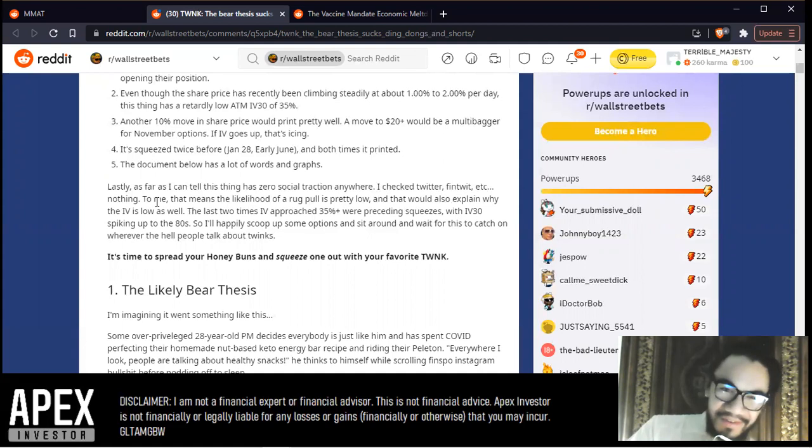Lastly, as far as I can tell, this thing has zero social traction anywhere. And now it's going to be changed because of WallStreetBets. I checked Twitter, FinViz, and StockTwits, etc. Nothing. To me, that means the likelihood of a rug pull is pretty low. That would also explain why the IV is low as well. The last two times IV approached 35% were preceding squeezes, with IV spiking up from 30 to 80. So I'll happily scoop up some options, sit around and wait for this to catch on,